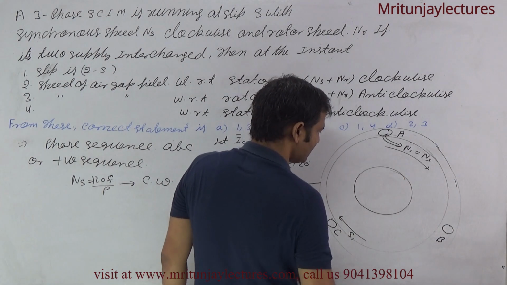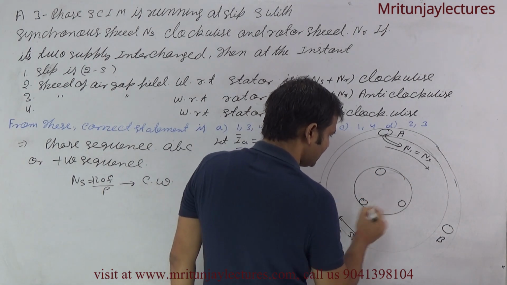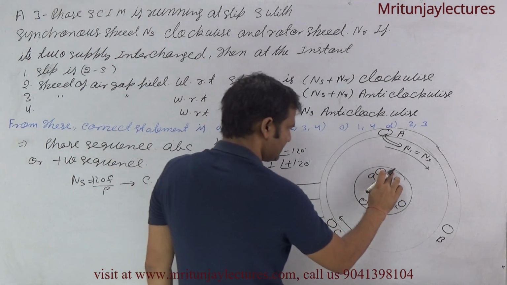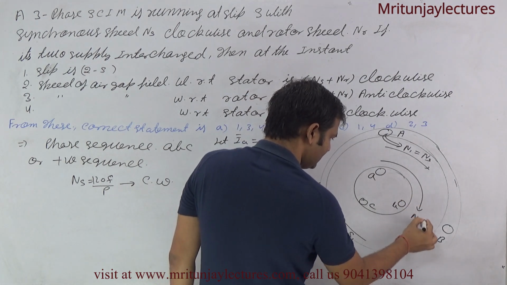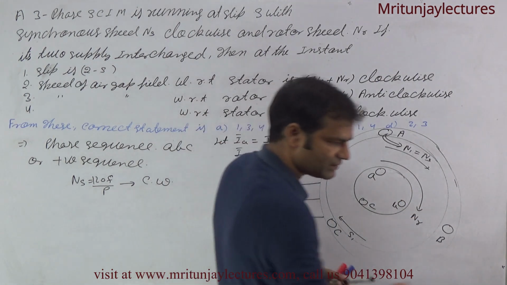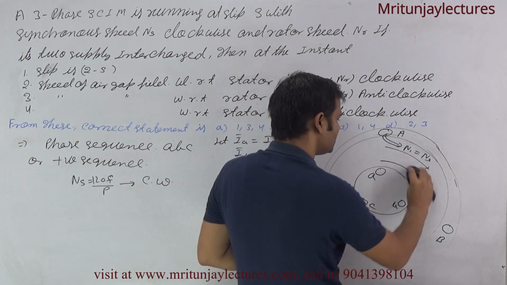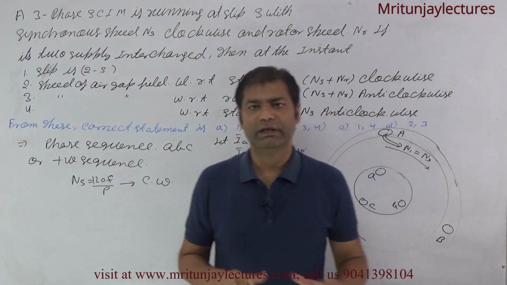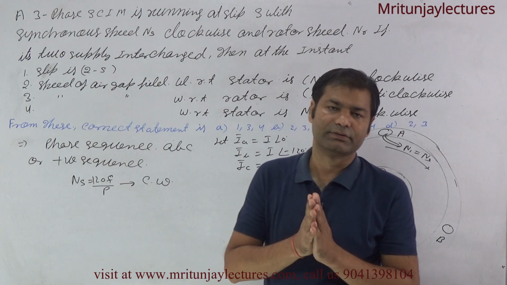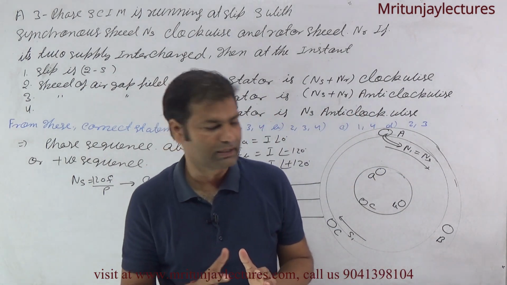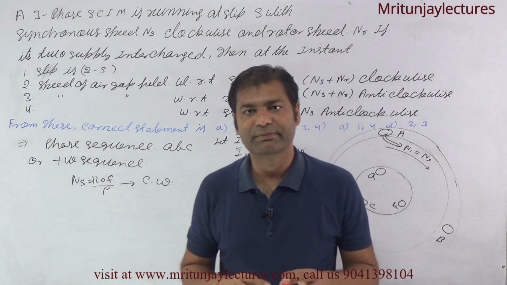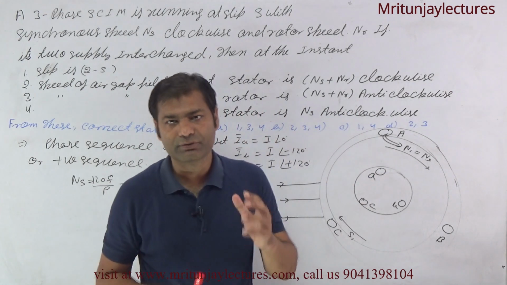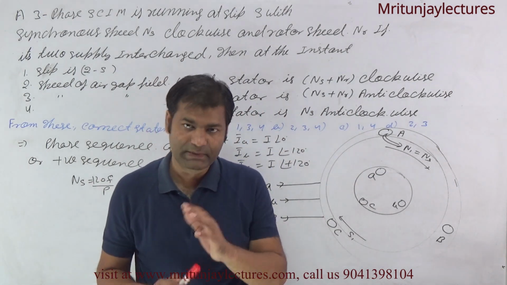Now, another way: what about the rotor? The rotor is like this one, a three-phase balanced rotor winding with A, B, C. What about the rotor speed? Why does the rotor rotate in the direction of the stator field? Going to the fundamental concept of the induction motor, I know that with relative speed between the magnetic field and a conductor, induced EMF is generated in the conductor, and if the conductor is short circuited, then induced current also generates in the conductor.